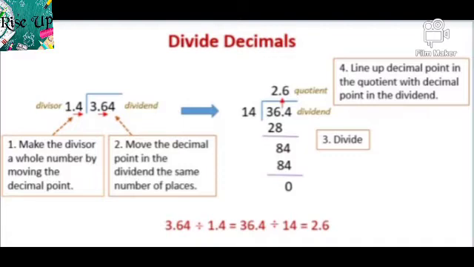So it becomes 14. Then when you move the decimal point of the divisor, you have to move the decimal point of the dividend also another step, same as the divisor. So then it becomes 36.4. Your final problem is 36.4 should be divided by 14, and that should be divided by the method I taught you before. So this is about the division of decimals.